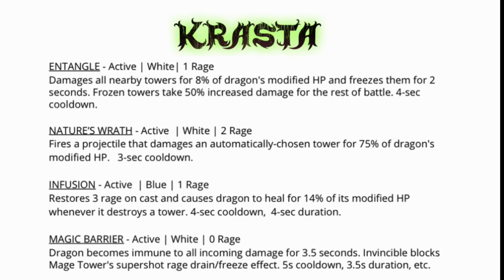Now it's too bad this freeze is not longer, and I thought it was supposed to be a little bit longer, either 3 or 4 seconds, but we'll see when it's released. Then he has Nature's Wrath, which is an active white 2-rage spell that fires a projectile at an automatically chosen tower, dealing 75% of the dragon's modified HP as damage, and it has a 3-second cooldown, and unfortunately that is a fairly expensive spell. Then Infusion is an active blue 1-rage spell that restores 3 rage on cast, so you're